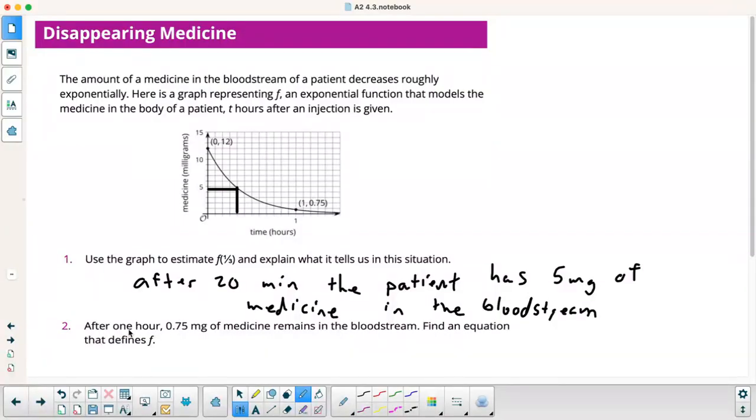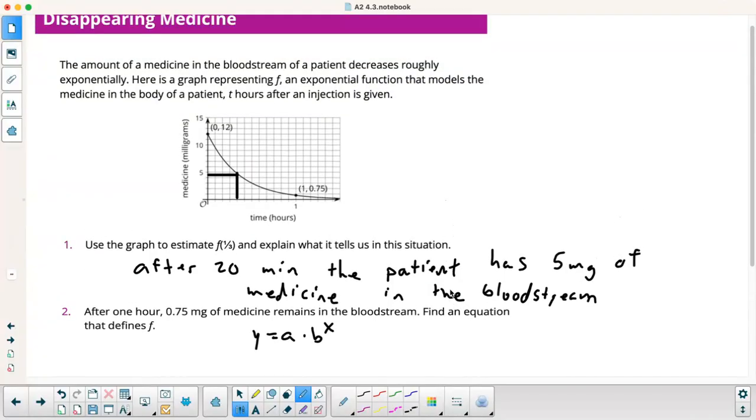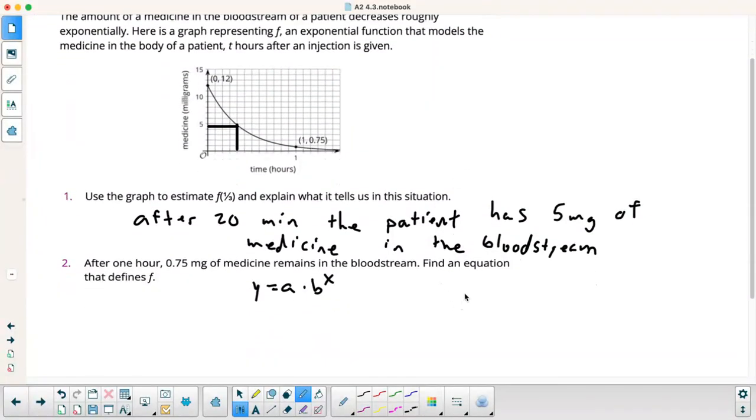Okay. After 1 hour, 0.75 milligrams of medicine remains in the bloodstream. Find the equation that defines F. Okay, so remember we said y equals the initial value A times B to the X. So we know the initial value is 12. So I'm going to plug in 12 for A. I don't know what my growth factor is, or decay factor in this case, but I do know at 1, when X is 1, Y is, oh, you